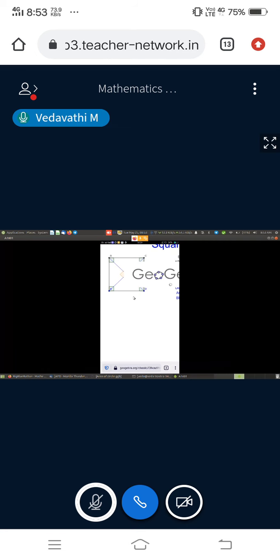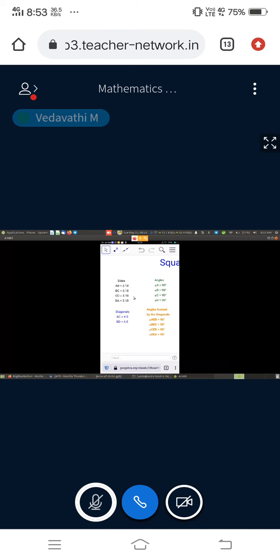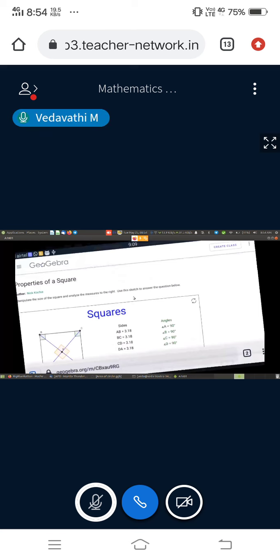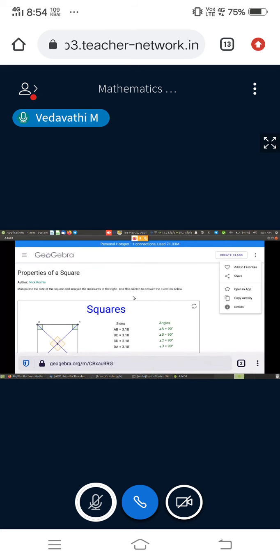Yeah, it's opening in GeoGebra. I think it has already opened in our GeoGebra app. So I'll quickly go back and show how to download that. Click on the same thing. Click on the three dots at the top. Click on the details.